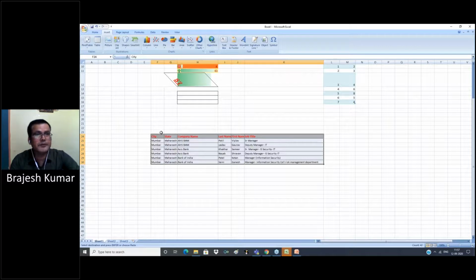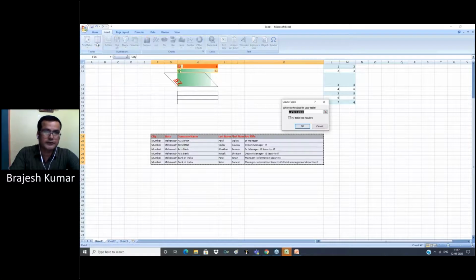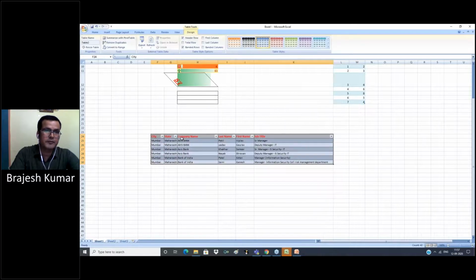The main benefit of a table: when we use formulas in advanced Excel or in VBA, we create a table and give the table a name, so we can easily use it without selecting a range. We only use the table name in our formula and do our work. So this is the main benefit of a table. Like we convert this data into a table. Click Table. Okay, now this is in table form. We can give any name to this table and this name can be used in Excel formulas.